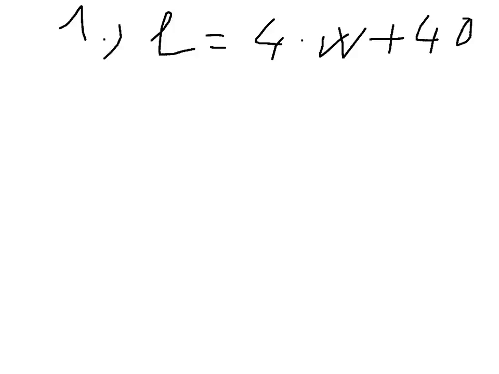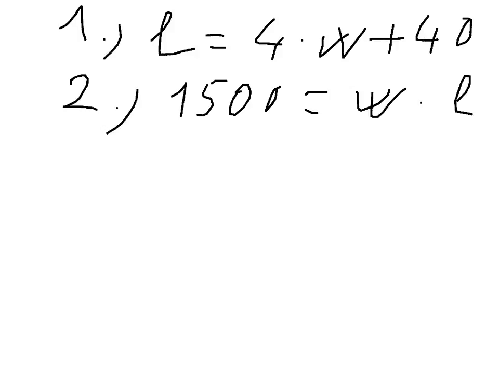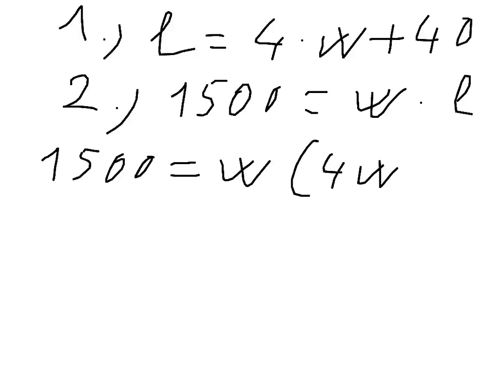So we create two equations. Our first equation will be length equals 4 multiplied by width plus 40, and our second equation will be 1500 equals width multiplied by length. So we substitute the equations into each other, and we are going to have 1500 equals W multiplied with 4W plus 40. We multiply with W,